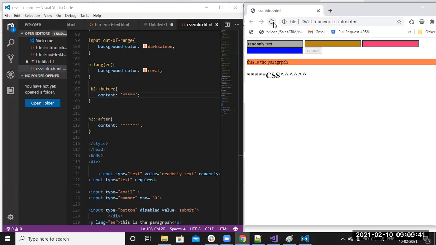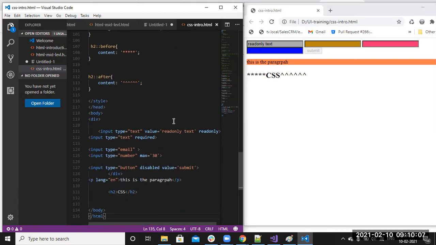I will show you later, while you are developing many websites, where we will use these before and after properties. Don't worry about that. Just understand that colon before will append whatever we write before that content, and after means it will append after that. You can remember the real-time scenario where we will use this. I will take one website and develop it, and while developing, I will show you where we are using colon before and colon after.